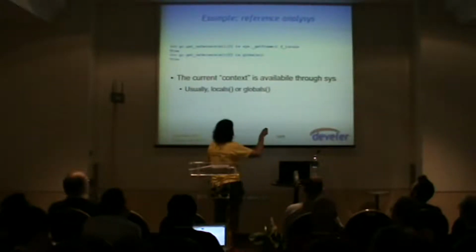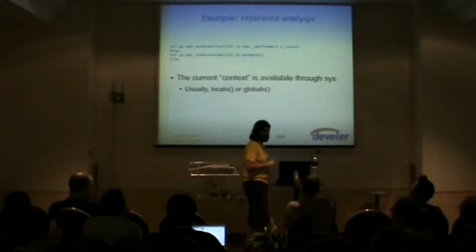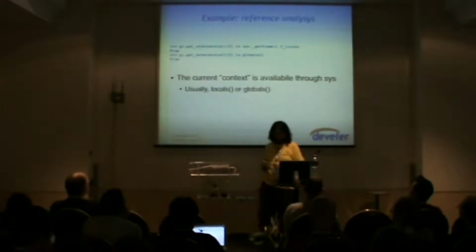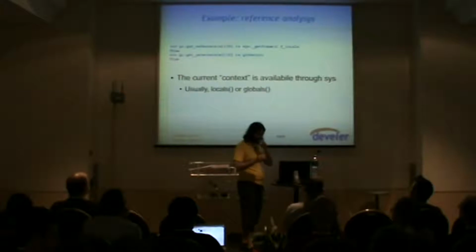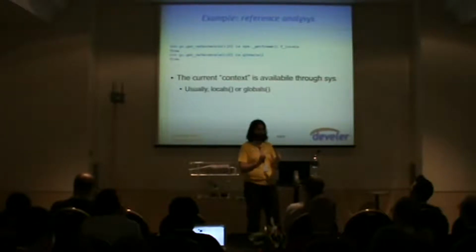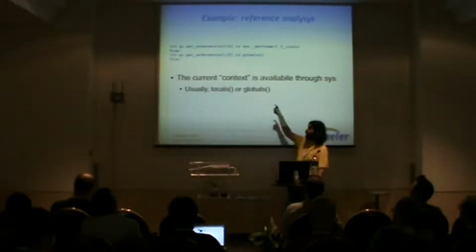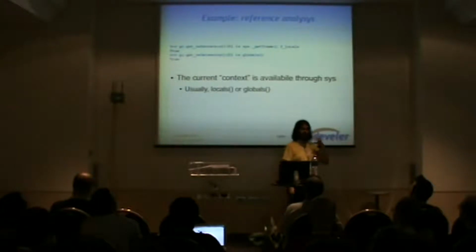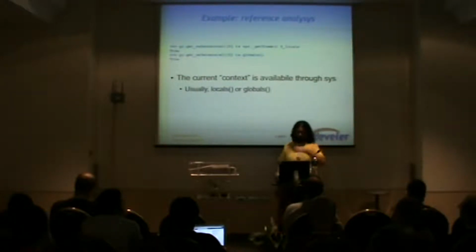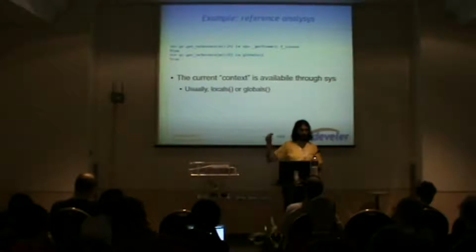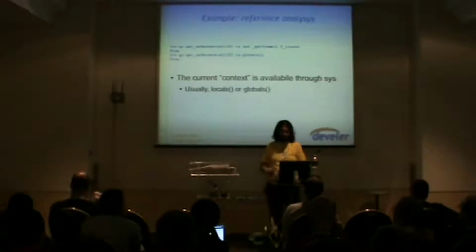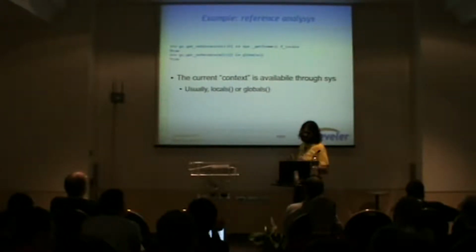Basically, if you call this weird stuff here, sys._getframe().f_locals, this is like a magic formula you can use, and it will give you a reference to the dictionary holding all objects in your local context, okay? So if you call this magic formula within a function, it will give you a reference to the locals dictionary, okay? If you call this magical formula in the global context, it will give you a reference to the globals dictionary. Just to show you some stuff within the Python interpreter, which is usually not very famous.